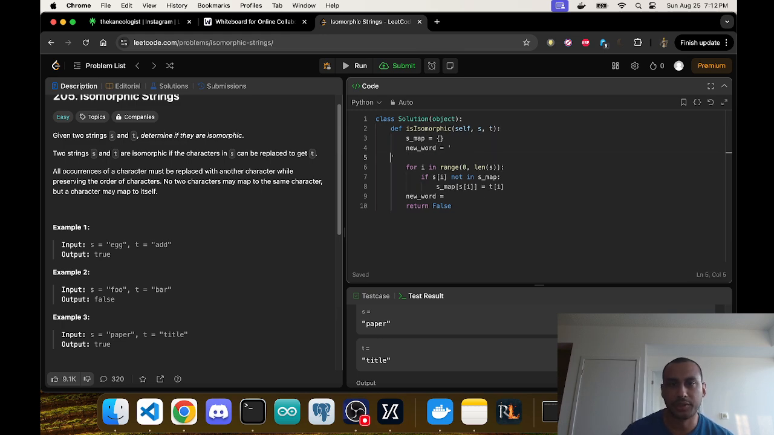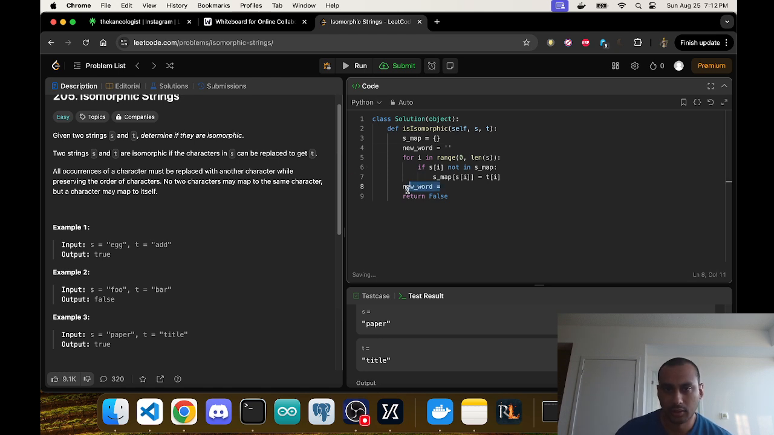I'll create an empty string here. So if this mapping is correct, I basically take the letters of E. If E is not in S map, map it to T at I. And then G, if G is not in S map, then map it to that letter at I. So then I could swap these letters. So now I can build, so now I can go for